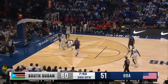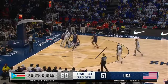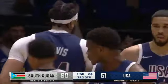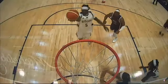Nice step through. Rejected, though, by Davis, who came over for the recovery on defense. What a great read. Both players with nice work there. Absolutely. Even defensively here, the containment in the lane and then the step through. Big time bailout. That's what you saw so much of against Serbia. That secondary help from Anthony Davis,